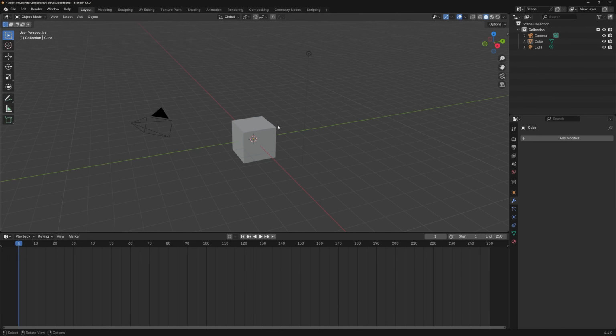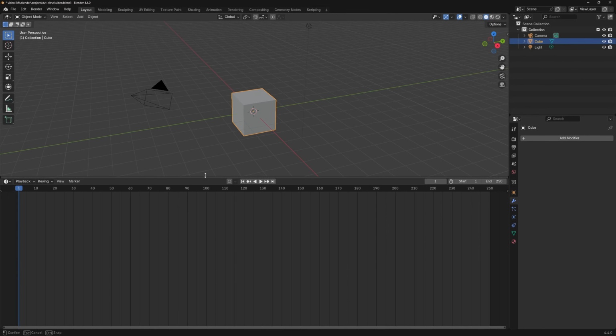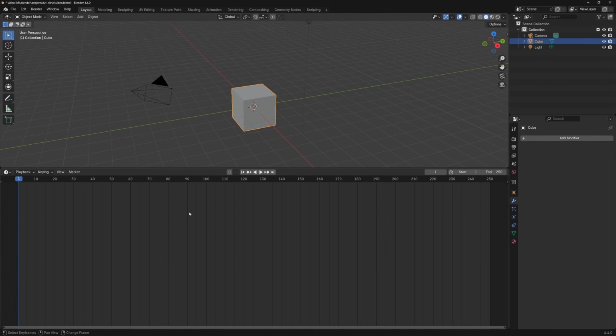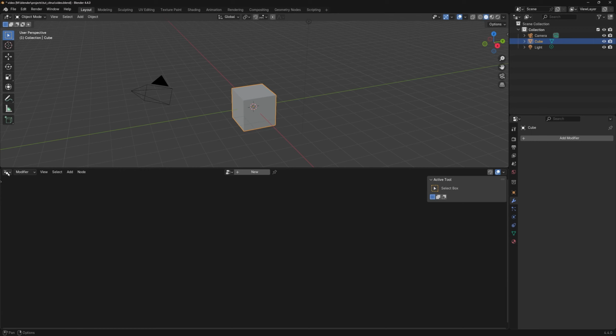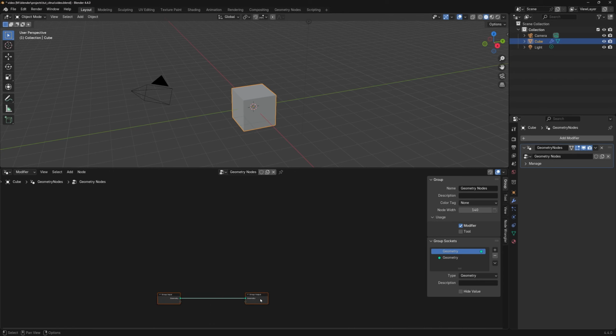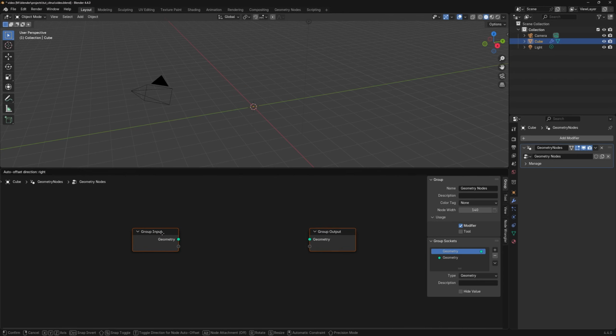Okay, I'm going to start with a new scene with a default cube. We're actually going to use the default cube. I'm going to give myself a little more work area down here. Shift F3 is going to bring up the geometry nodes editing panel. You can add a new geometry node here or a new modifier for geometry nodes here. You can add a new node group. So we are disconnecting the group input